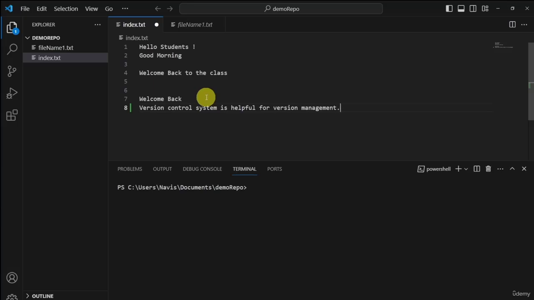You can give any statement. It's fine because we are not concentrating on the content. Now we only need to learn about the git commands. So now